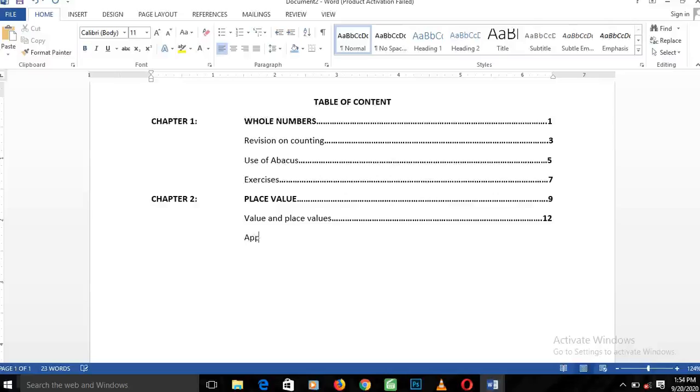It's a maths textbook. So yeah, let's say approximation and estimation. So you could practice with this table of content that I'm creating now. But if you have maybe a textbook and you would like to replicate the table of content in the textbook, there's no problem. So let's say this has just 2